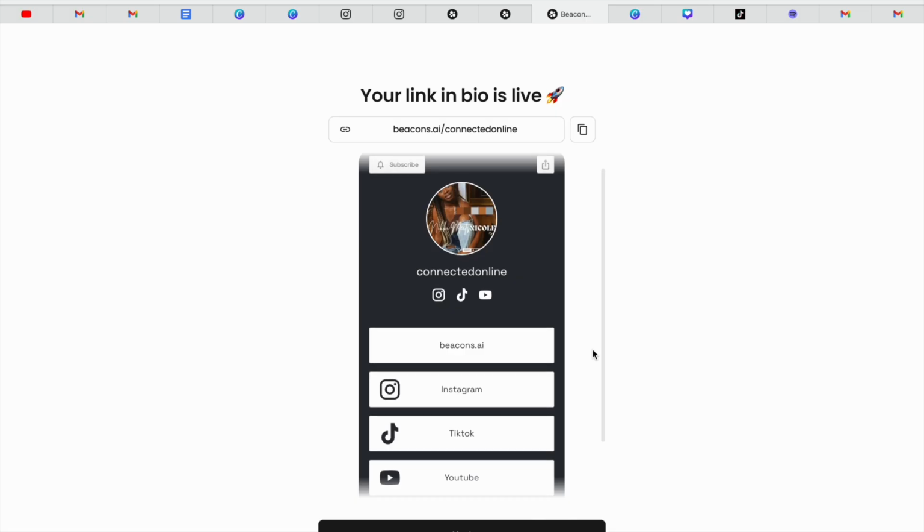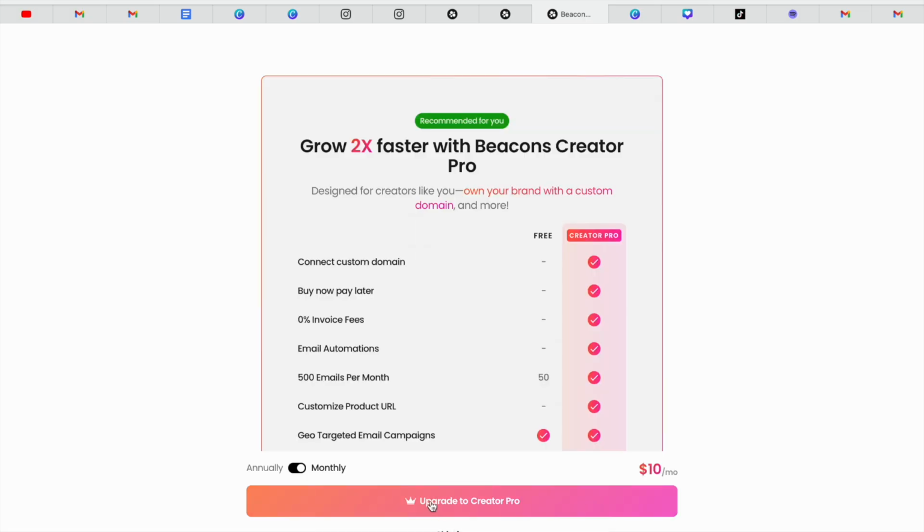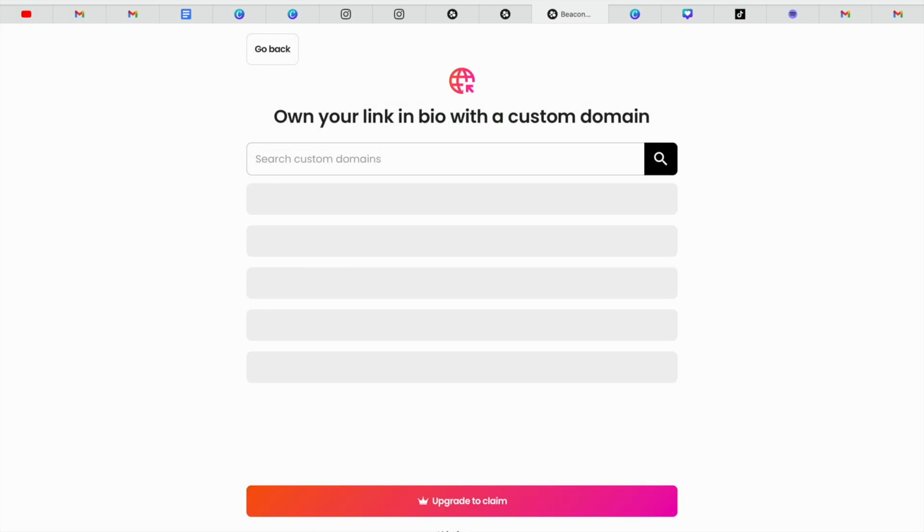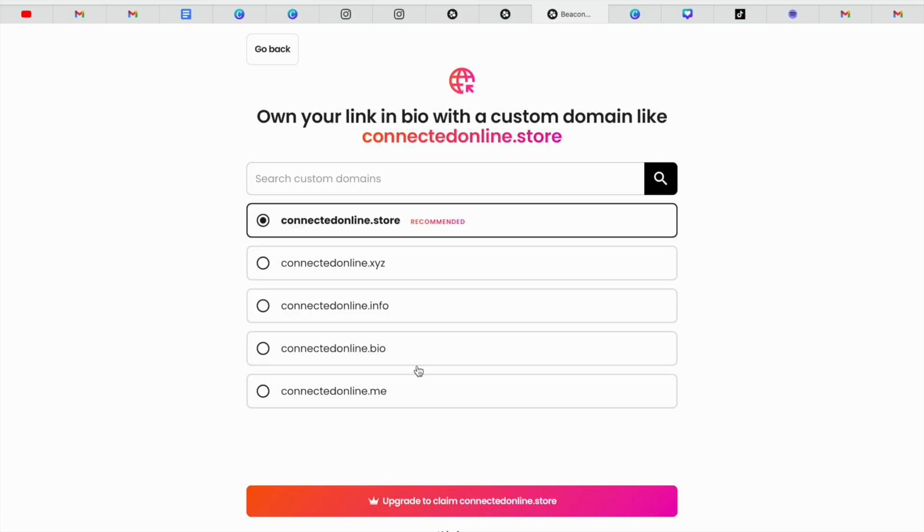So we're going to click on next, and we're going to click on skip for now, and also where it says own your link in bio with a custom domain link. So a custom domain link is